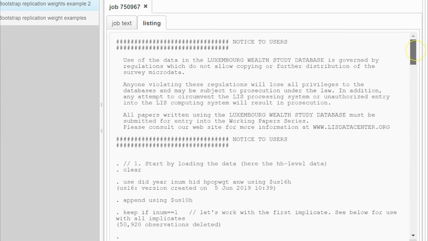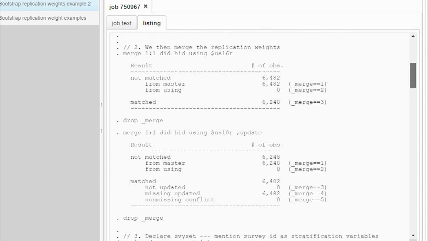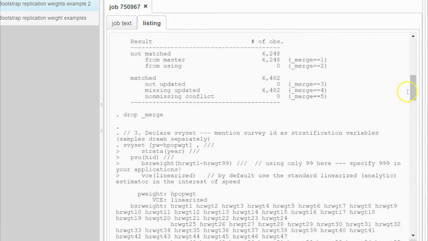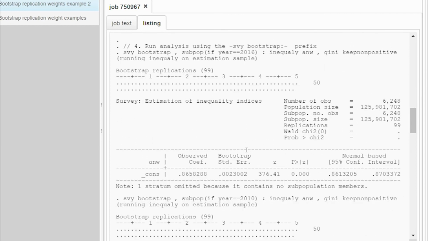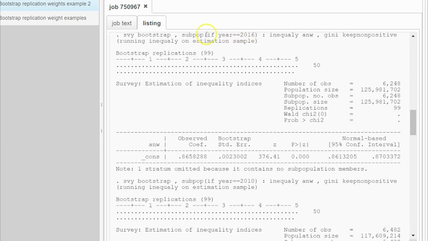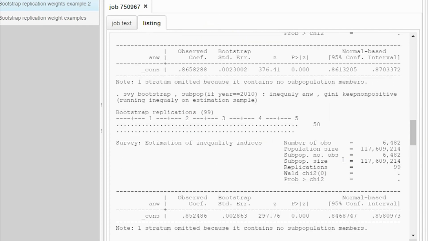So we have two one-to-one matches, which work, values updated. We then have the 99 replication weights, and there we go. Estimates for 2016, point estimate and confidence interval, and we've got the estimate for 2010. So we see there was an increase in the point estimate of the Gini coefficient for adjusted net worth, and